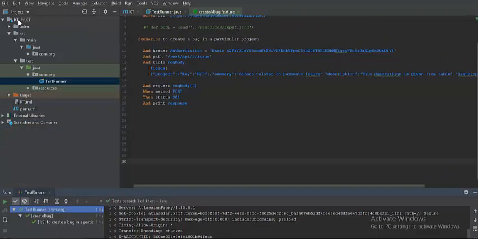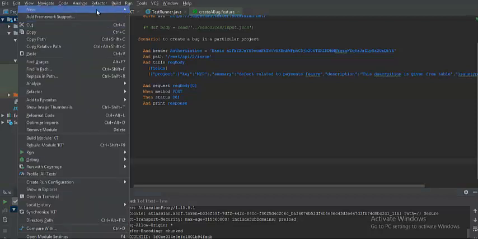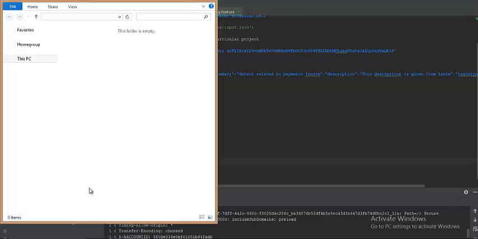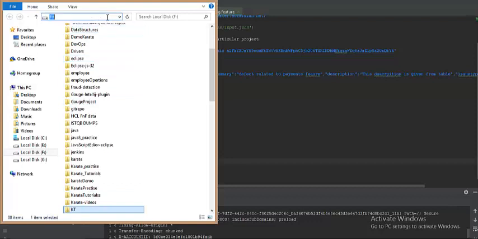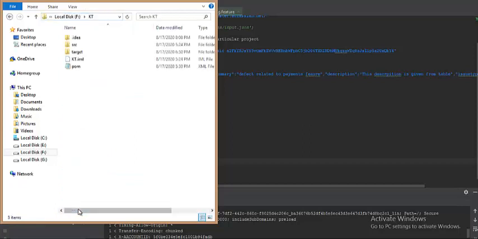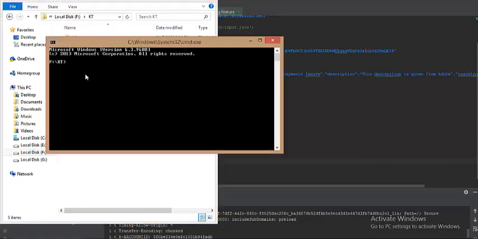So what I would do is go to the location where this particular project is. Just click here and go to Show in Explorer. This is where my project actually is. Sorry guys, KT is my project. I will get into this folder, and wherever you have the pom.xml file, from that directory I'm invoking the command prompt. You can just give cmd and hit enter, so that from that specific location you can see where you are actually working from.